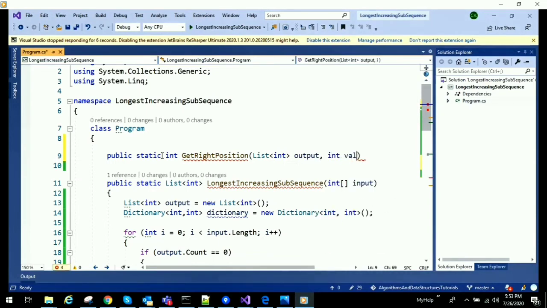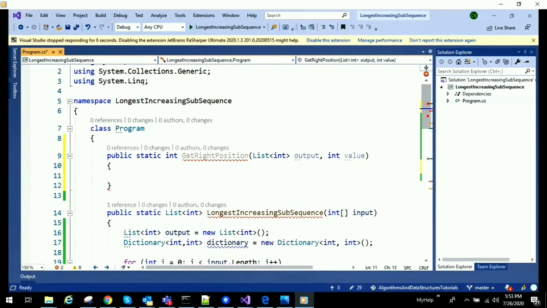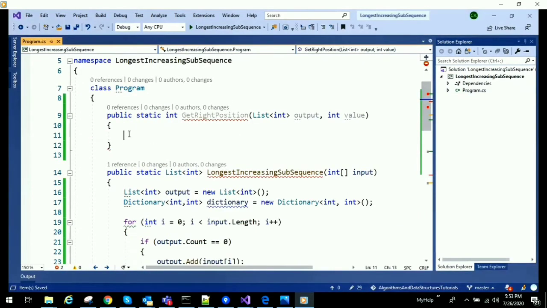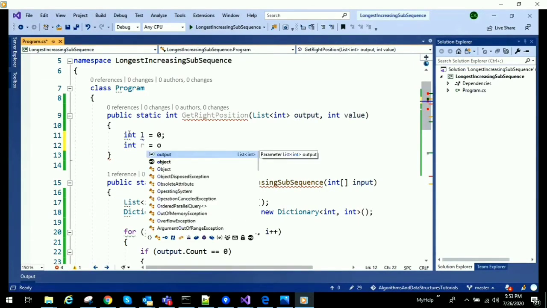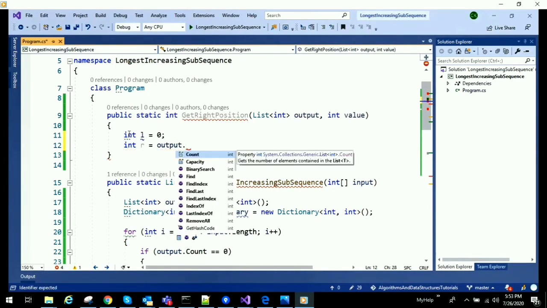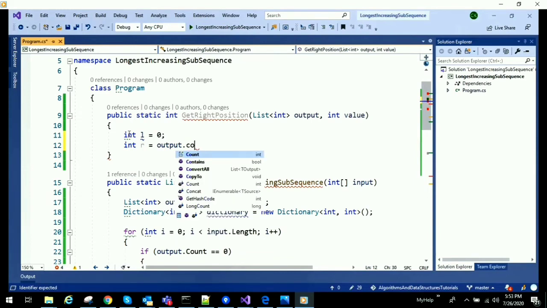Int value, for which we are going to search. Left index is initially 0 and the right index will be the last index of the array, that is count minus 1.